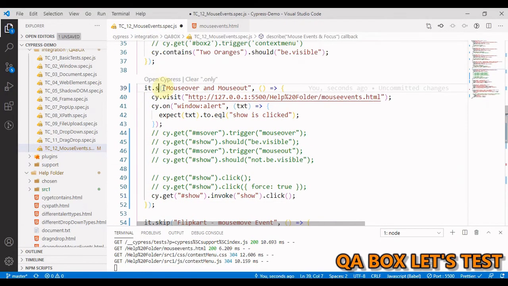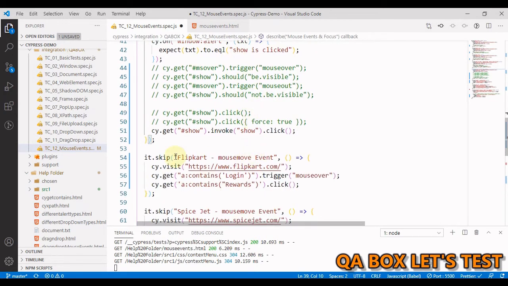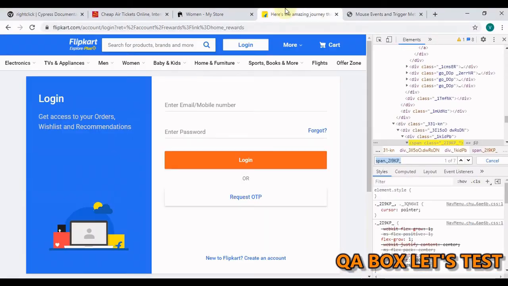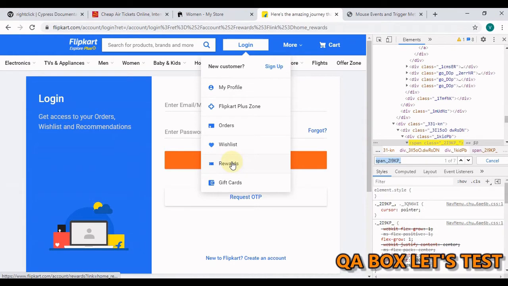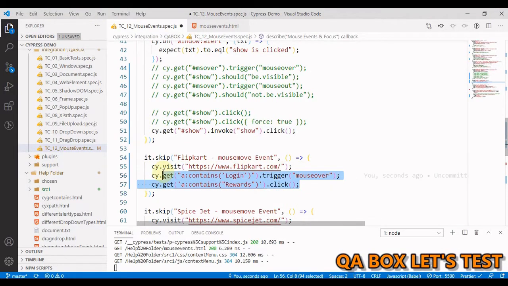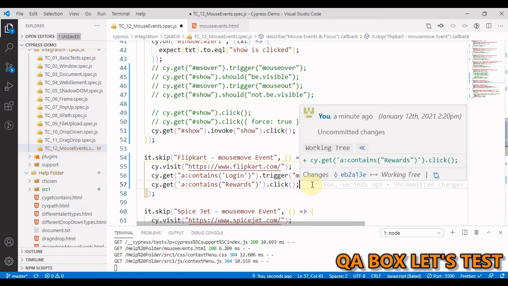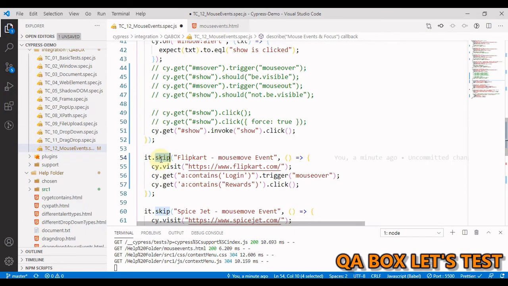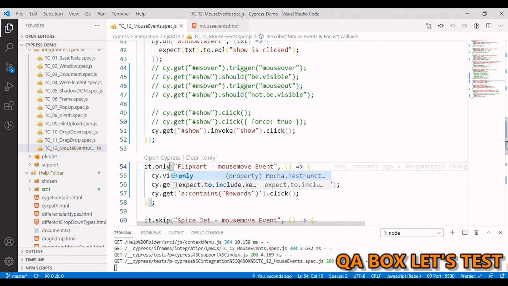All right, so let's move on to the next test case, which is Flipkart. It's pretty simple, as you can see. What I'm doing is finding the anchor tag which contains the text login and just triggering my mouse over that. So this is Flipkart. I just have to hover over this and click on the rewards. That's what we have written in here. We are finding that element, triggering the mouse over, then finding another element which is now available in the pop-up, and then we are going to click on that. So if I change it to only and run this,